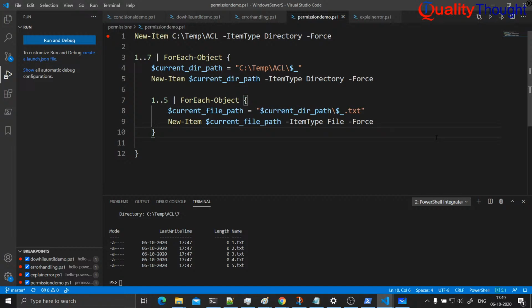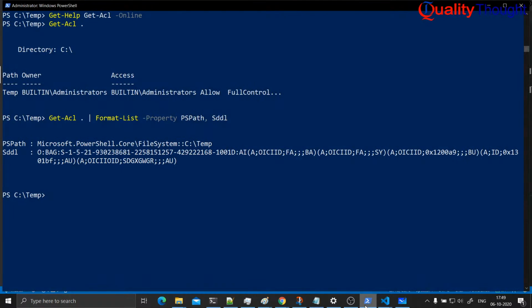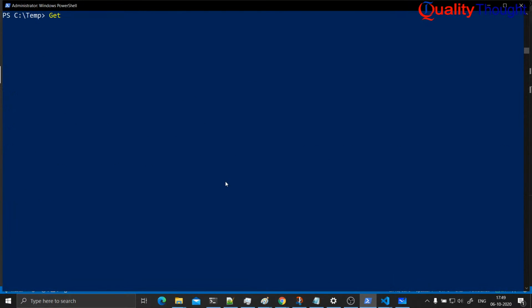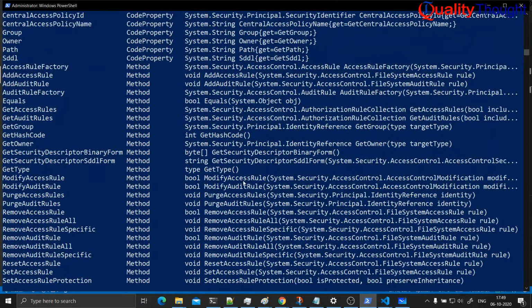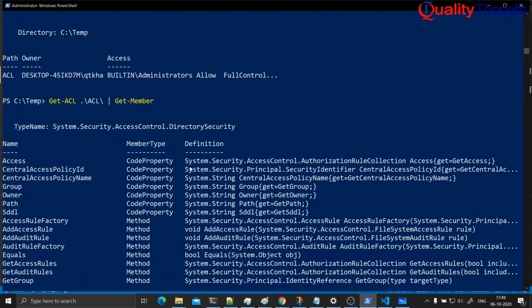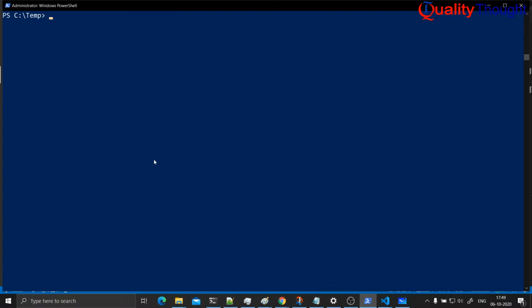So now let me play around with Get-ACL. Get-ACL on C:, or in the current directory, there is something called ACL. If you remember, we discussed the Get-Member function. If you see, there are many things which I can get from this. So now what I'll try to do is Get-ACL of this, and from all of this